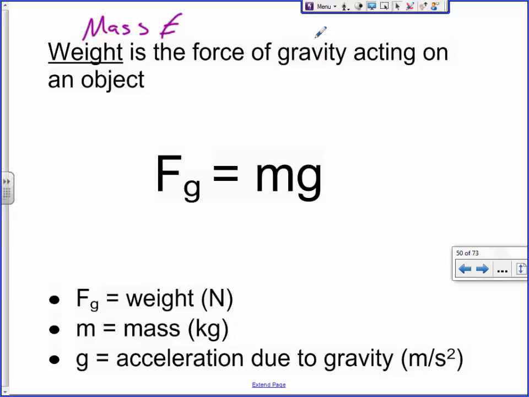So obviously, though, the bigger something is, the more that force happens to be, right? If I were to drop this pen on my foot, wouldn't be too bad, because the mass of this thing isn't really that much. If I were to drop a bowling ball on my foot, it's going to hurt, right? Because the force is going to be more. Why is the force going to be more? Because the mass is more. Does that make sense? So anyways, try to use those words properly. Weight is actually how much force gravity applies to a mass.